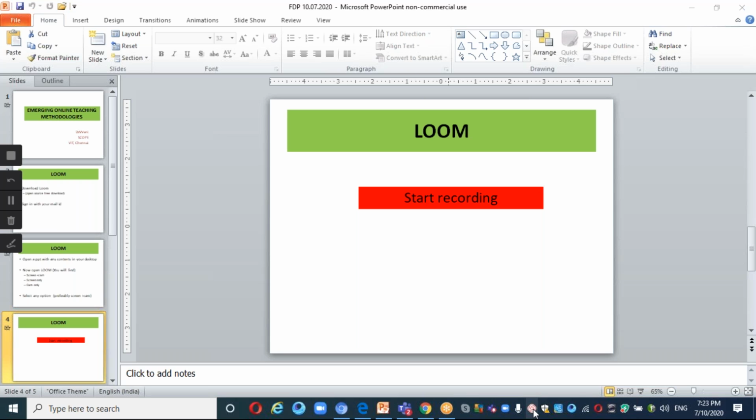When I move on to Loom, you can open the Loom. At the right top you can find a run symbol, like an arrow mark symbol.